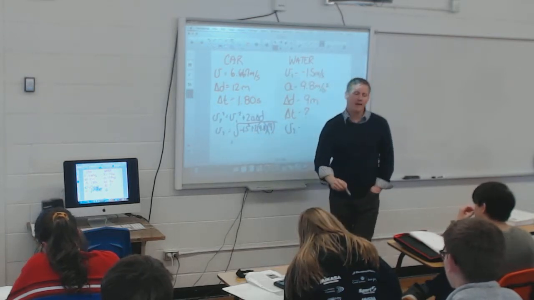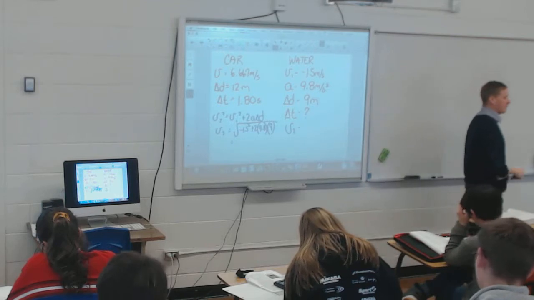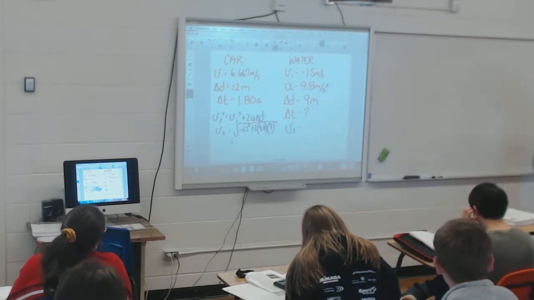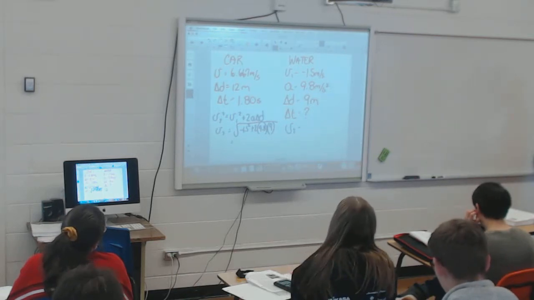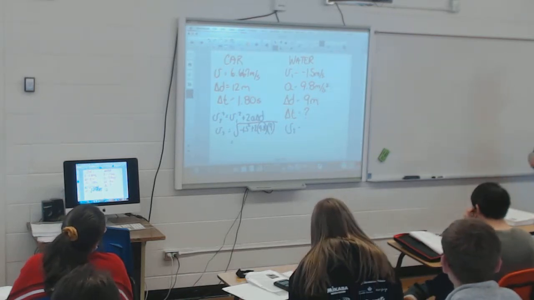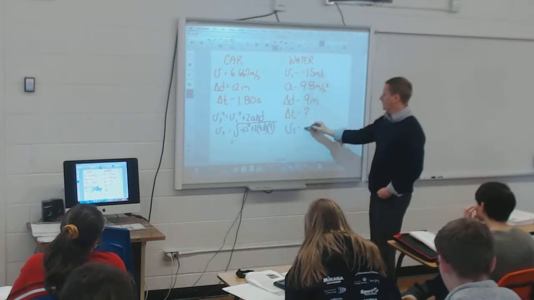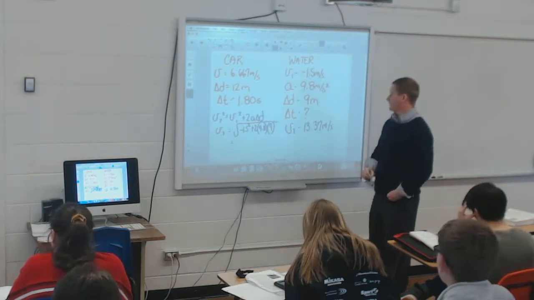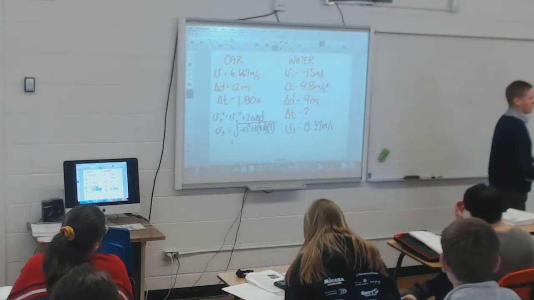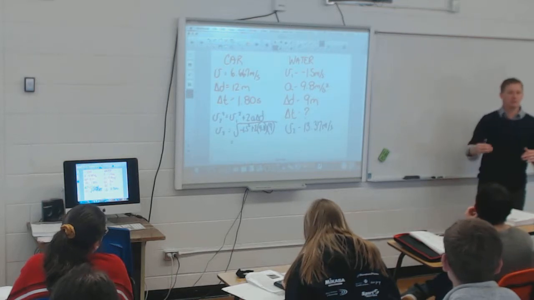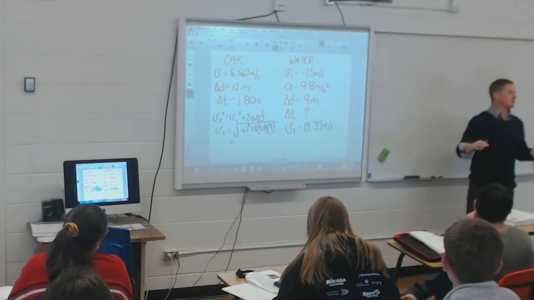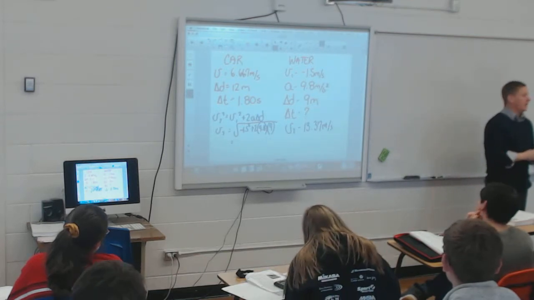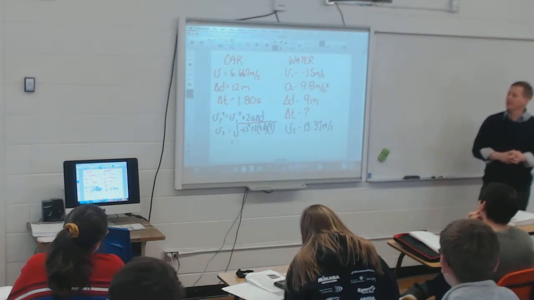Okay? So how fast is the water going when it hits the ground? That's what I want to find out. What do you get? 13.37 meters per second. Now that has no use to us right now. It doesn't tell us whether or not the water's hitting the ground before the car gets there. That doesn't help us. But what it does do is it allows us then to use